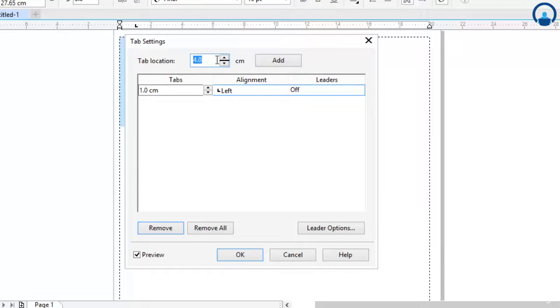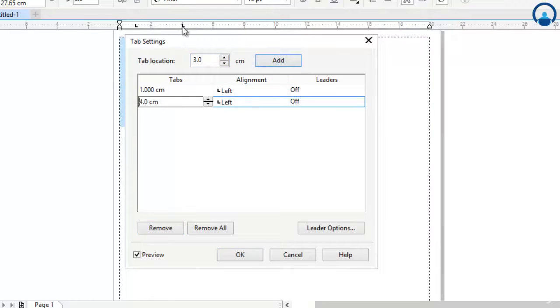If I type 3, then the second tab will be added at 4 centimeters, because there's already a 1 centimeter tab here, and if I add 3, the second tab goes to 4 centimeter.